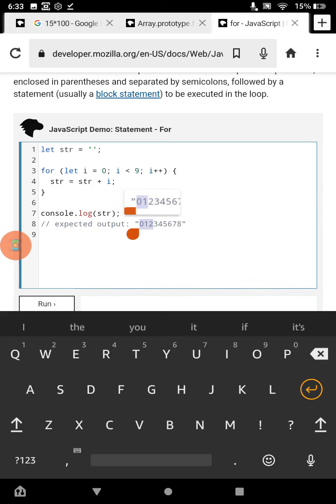1, 2, 3, 4, 5, 6, 7, 8, 9. So it starts with 0. 0 plus 1 is 1. 1 plus 1 is 2. 2 plus 1 is 3. 3 plus 1 is 4. 4 plus 1 is 5. And so on up until